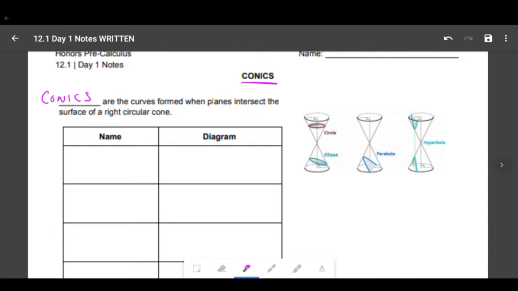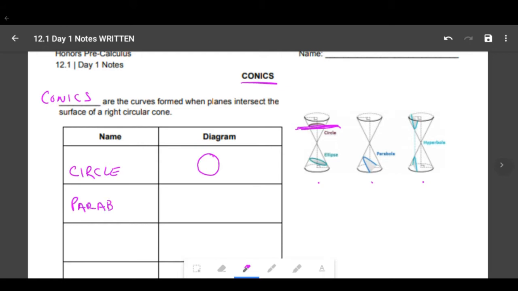Well, if you take a look over to the right-hand side, if you have two cones facing each other and you were to make particular slices at a certain angle, you will get different types of conic sections. And the first one that we look at, one that we've talked about in multiple classes, is just the circle. So if I take that slice horizontally across there, I just get a nice looking circle. Hopefully it just looks a little better than mine. The second one in this chapter that we're going to focus on